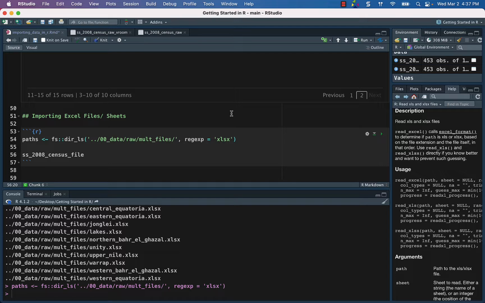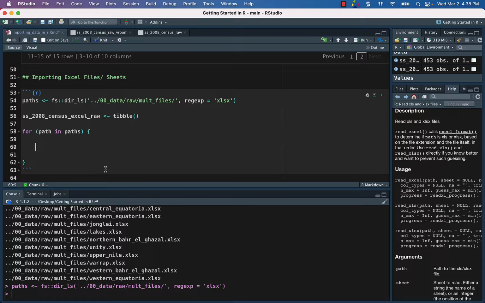Let's say excel.raw, and we will set it equal to table. And then now we will say, okay, for, and then we can either say I or path. Since these are like path, we will say for path in path,